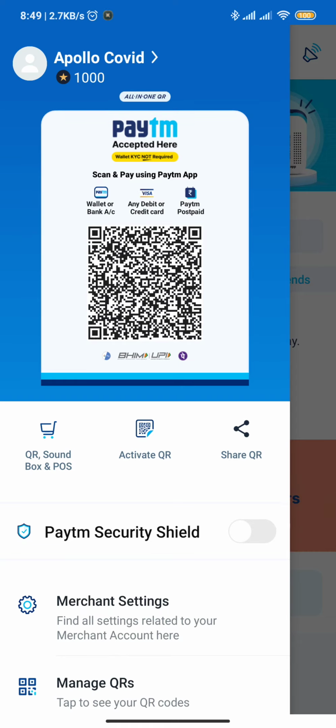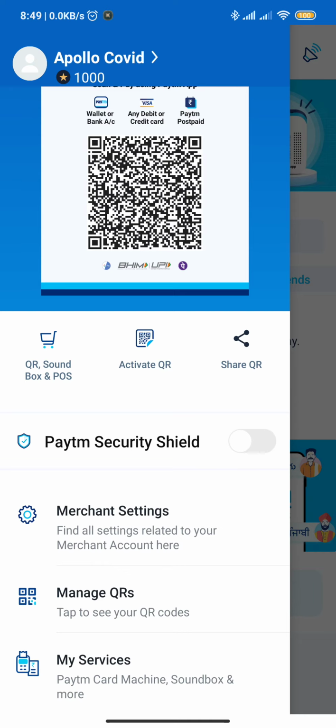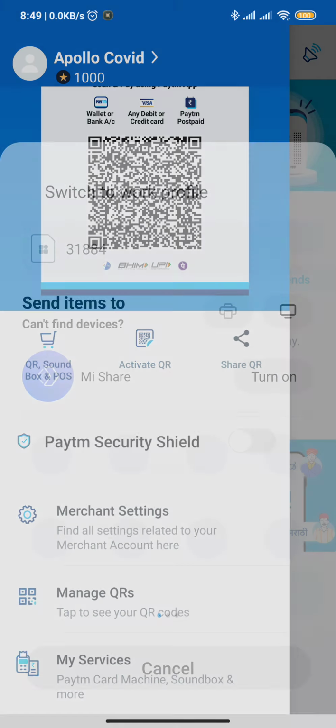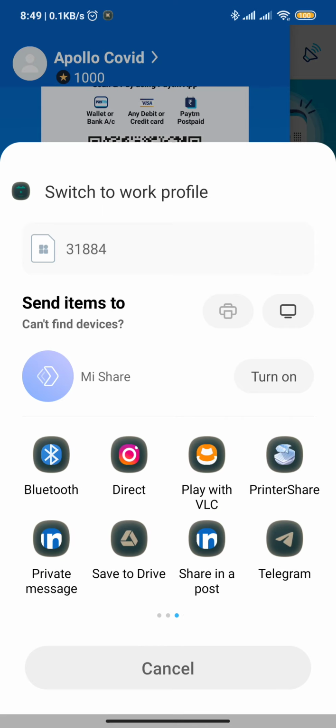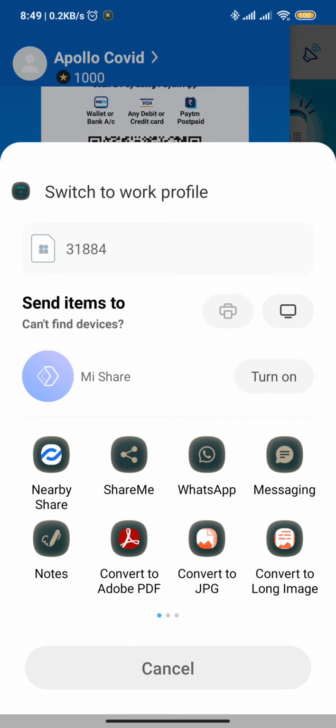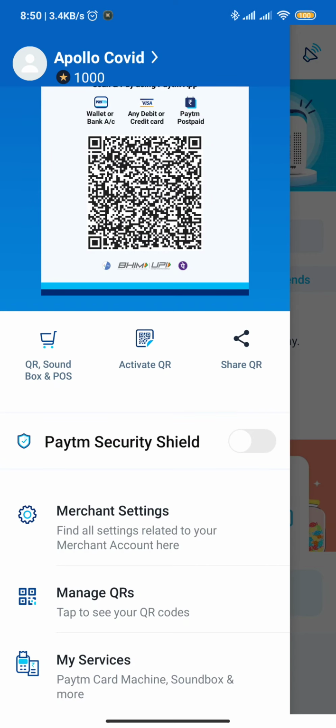Coming back to the point, so here we see the QR code which you already have on your desks in a hard copy as a standee, and you can also share it with the patients or customers through this share QR option. If you click this, you will have a pop-up where you can use multiple channels for sharing the QR code, right? So currently I'm not using it as I don't need to. I'm canceling it.